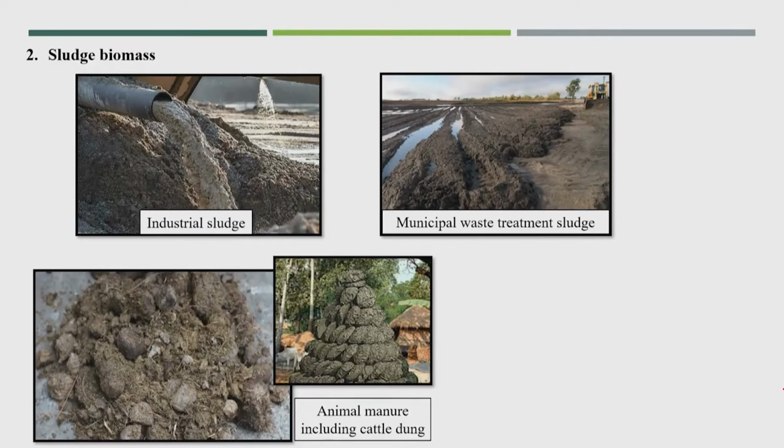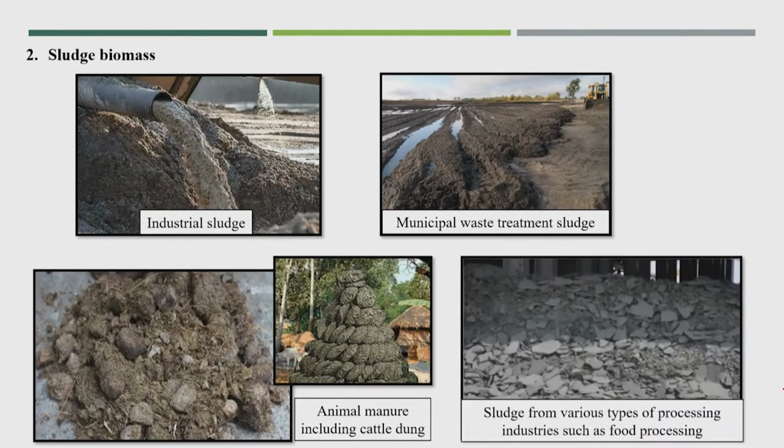Also animal dungs, like cow dung and any cattle dung, could be useful for biogas production. And also the sludge from various types of processing industries, but I think the sludge should be organic in nature to be possible to utilize for the